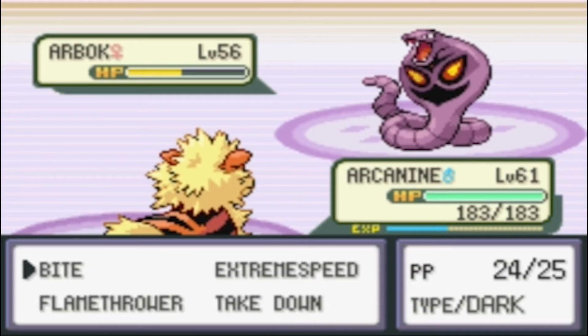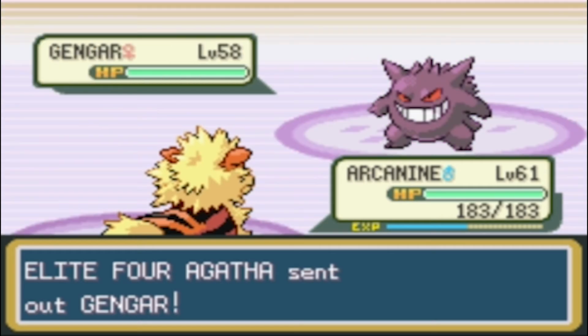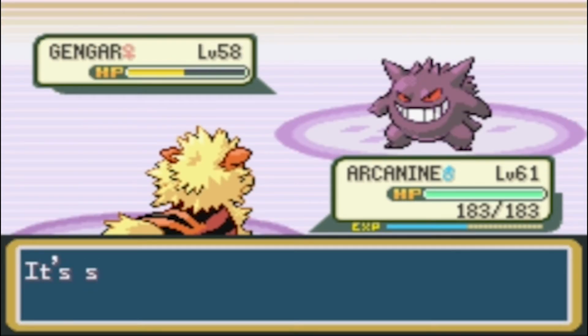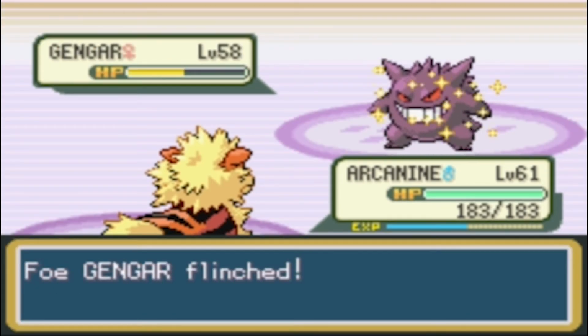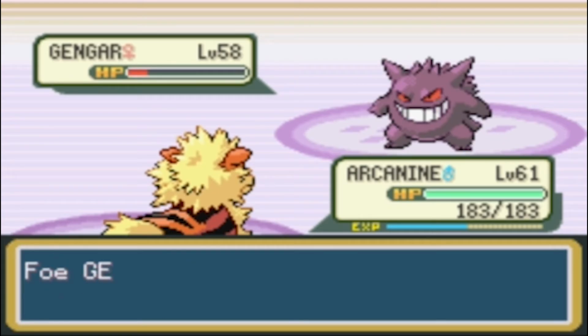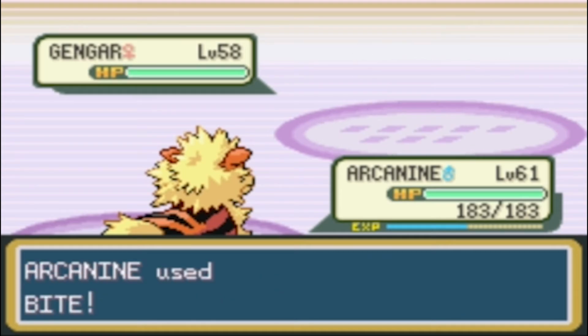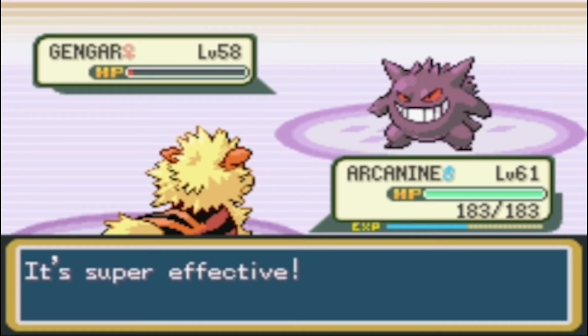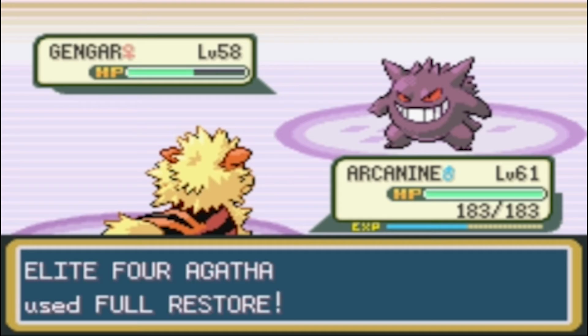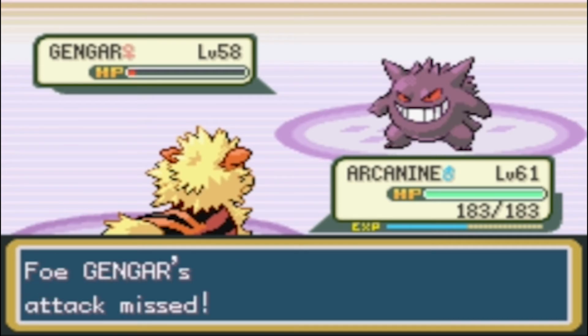We send in Arcanine, and a Flamethrower quickly knocks Arbok out. Gengar number 2 is out next, as Arcanine's first bite causes a flinch. A berry means that the second bite only knocks Gengar into red health before missing Hypnosis, but a full restore means we get a free hit of bite, which is a crit, leaving Gengar with only a handful of hit points left. Agatha doesn't care though, just using another full restore, but 3 bites and a missed Hypnosis later, Gengar